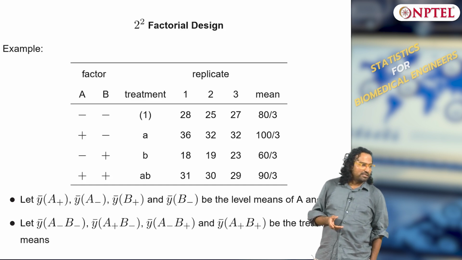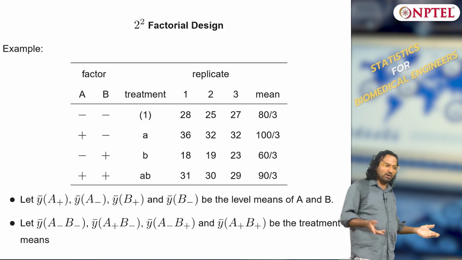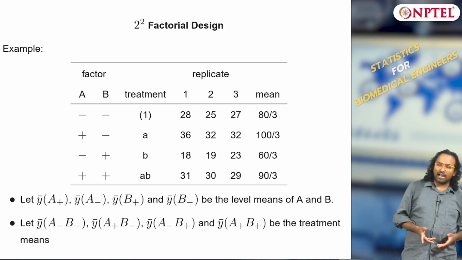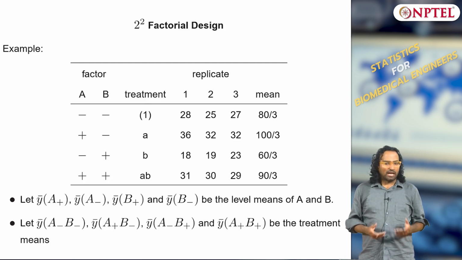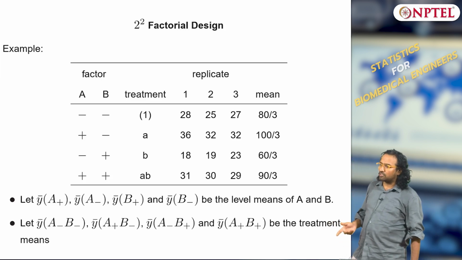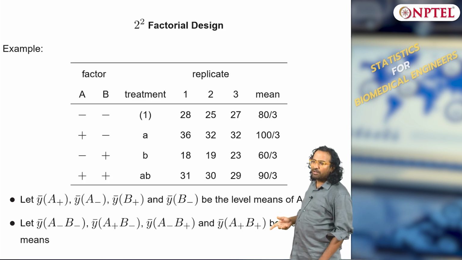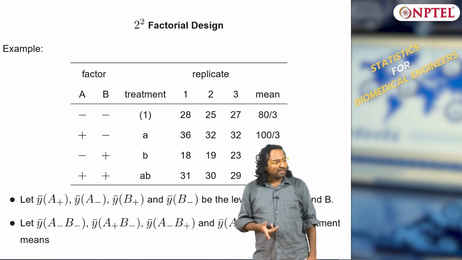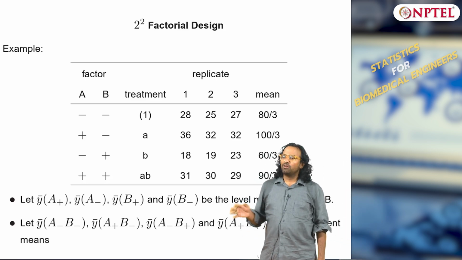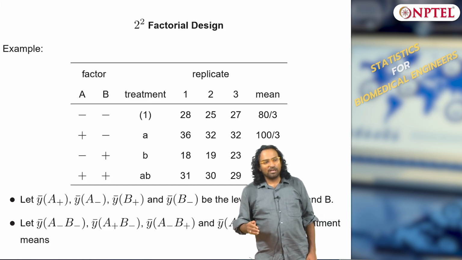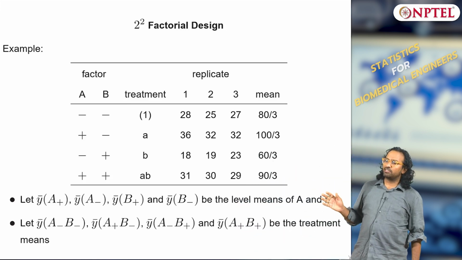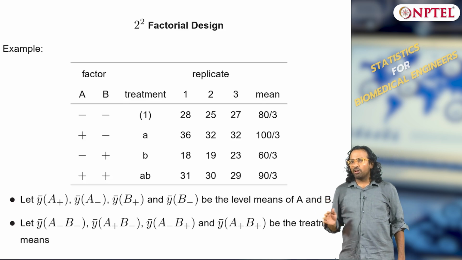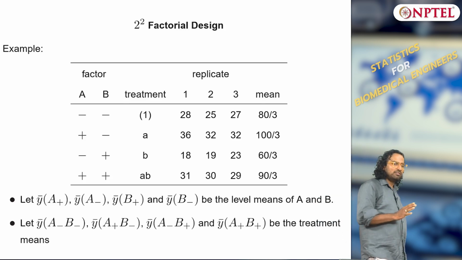Yesterday we saw it for a generic case, p minus 1, q minus 1. Even if you take and then add them up, the error degrees of freedom will be 0. That means you will not be able to estimate the variance at all. The variance of the estimate itself cannot be estimated if you do not have replications. So obviously you are going to have replications in all your factorial design.